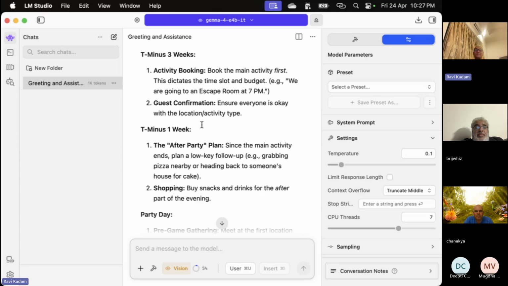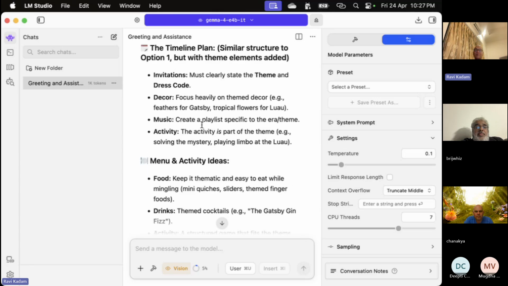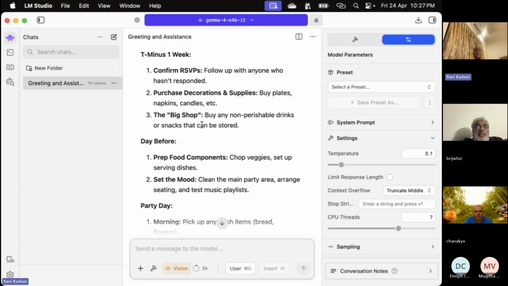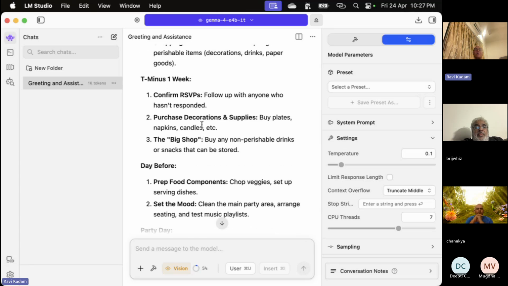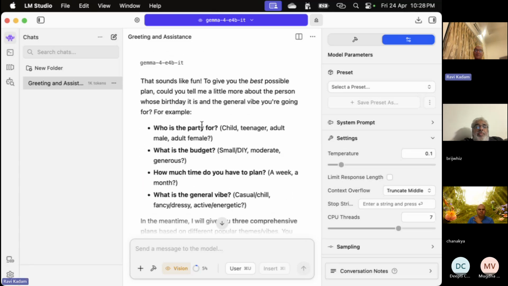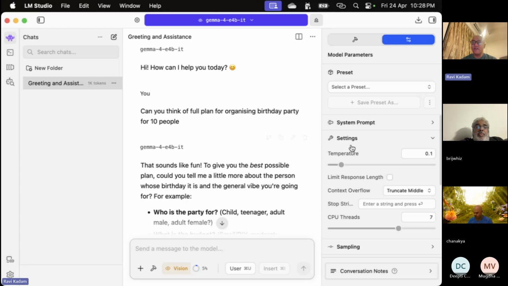I am not judging the quality of the output, but you can get reasonably good quality output, specifically with Gamma 4. Gamma 4 has shown that it is a model as capable as something which was available a year back. So the model has that capability. Then the things which I really wanted to show you in Gamma 4